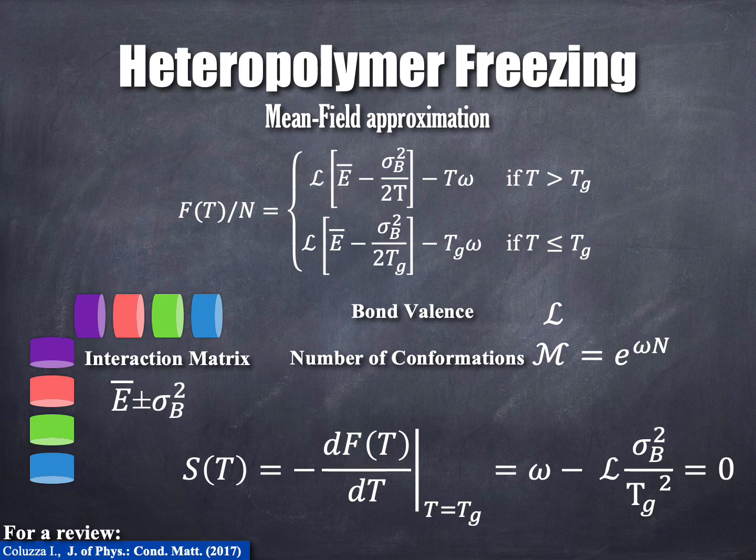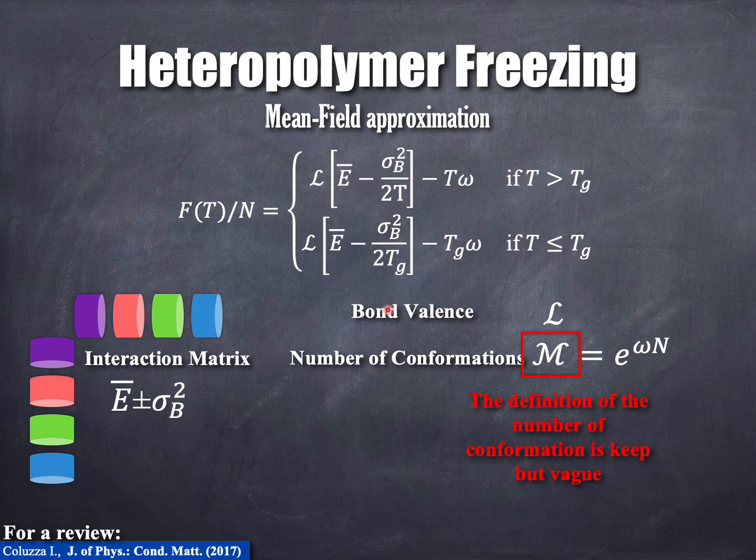Following the mean field approximation, we can make a harmonic expansion in temperature, and we obtain an expression that has a specific temperature at which the entropy becomes constant, equal to 0. This region is where we observe what is called the freezing transition. That's why we refer to this specific temperature as the glass temperature. So the final free energy of the system above the glass temperature has a parabolic distribution, while below the glass transition temperature it's made of discrete states, each one of them with 0 entropy.